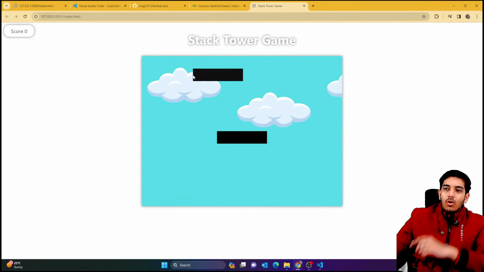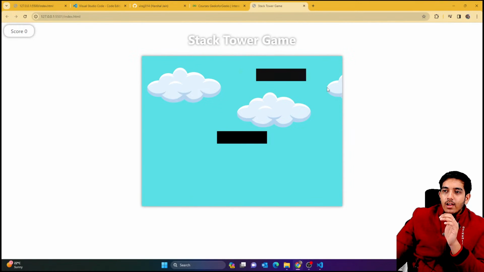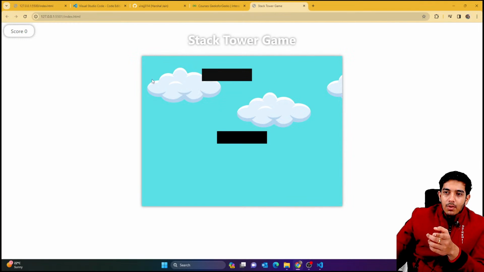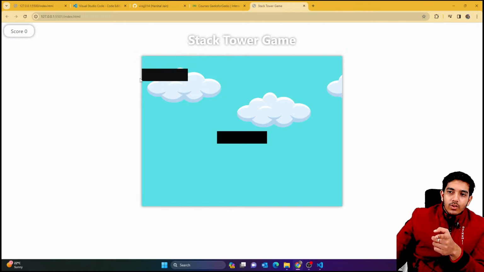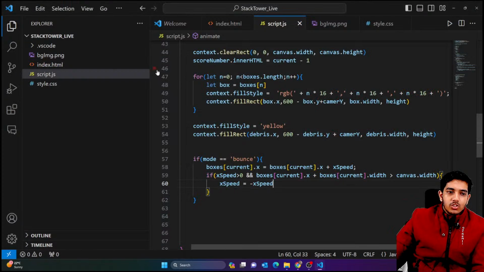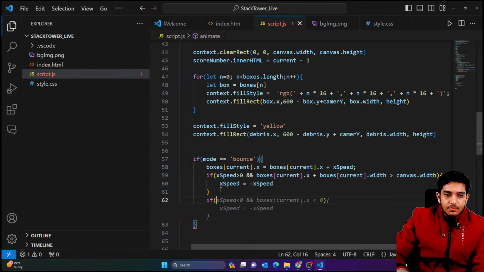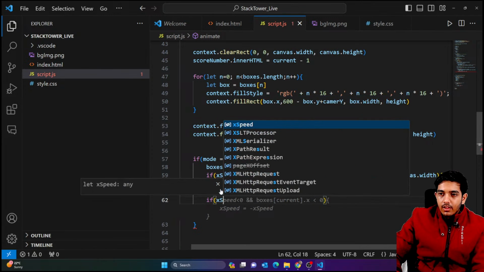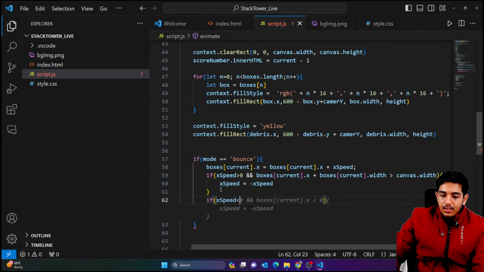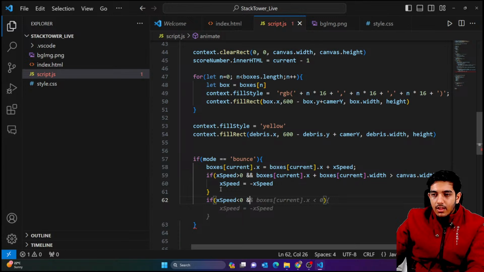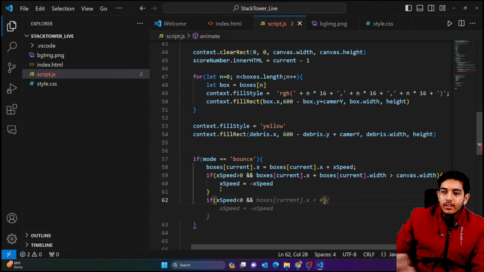So let's see how it works now. From left to right everything is fine, and from right to left you can see that it changes. But as soon as it reaches the left, it didn't stop there, so we have to stop it. So I'll just say that if x speed is lesser than 0, that means x speed is negative, and the box has reached the left side, then